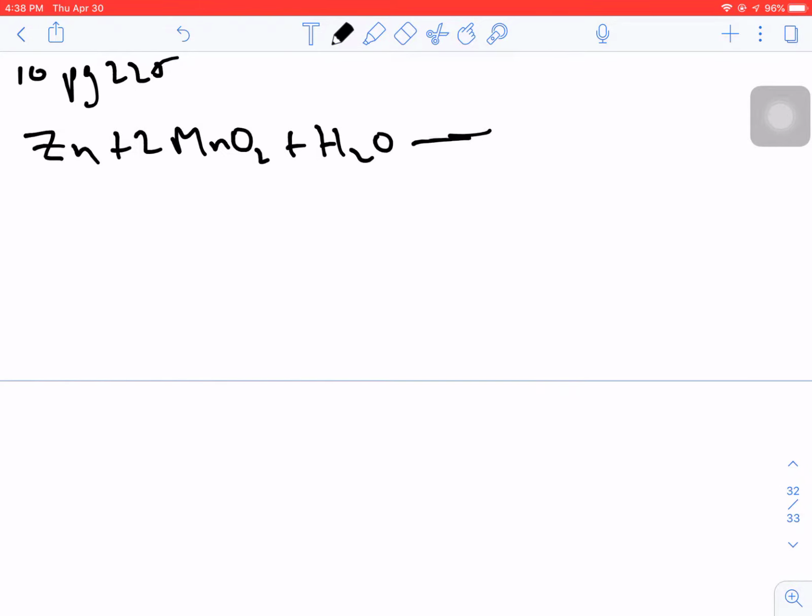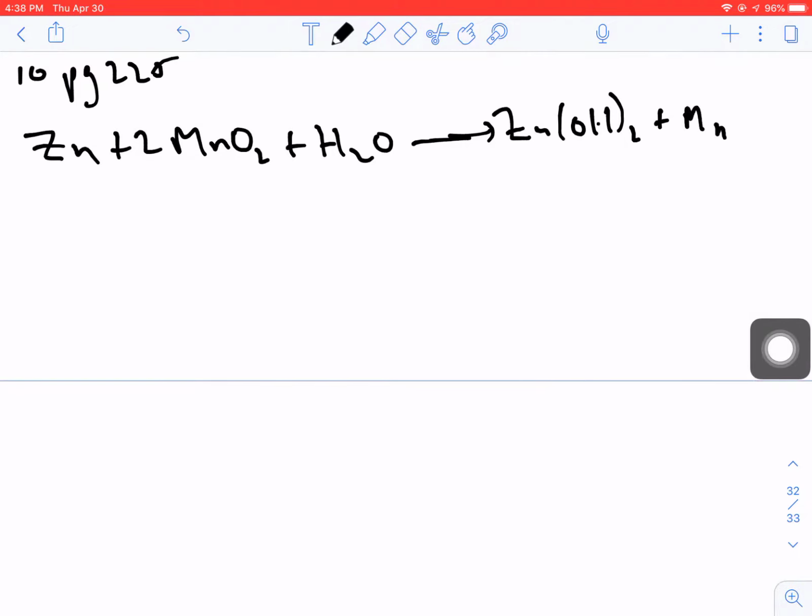This is a big reaction, I should say, making zinc hydroxide plus an Mn2O3. So there's my whole question, and the question tells me that the mass of zinc that we're going to use